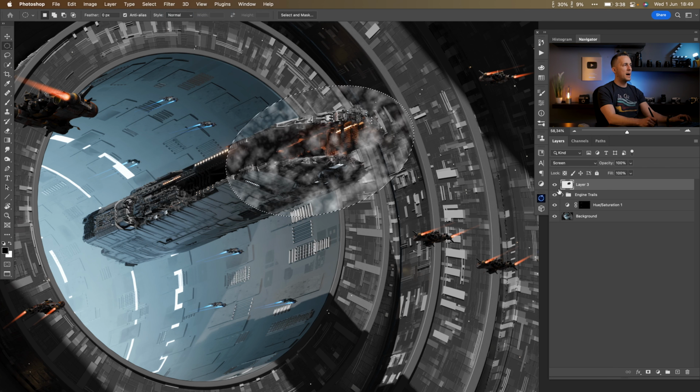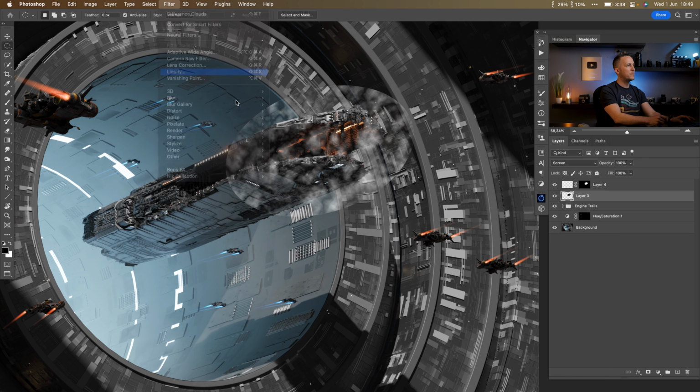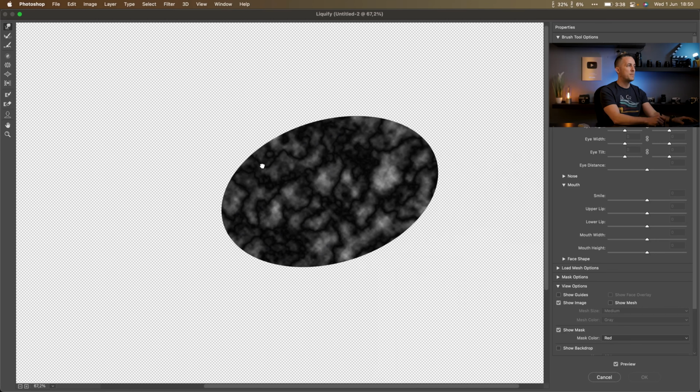And what I want to do now is save this selection. So I will create a new layer and just save this selection as a mask, create a layer mask, and that's it. Maybe I will need it later, so I want to have this just for this purpose. Okay, so I will go right here, and what I want to do is go to Filter and Liquify. And again, if you're not familiar with Liquify, I have a full tutorial on that on a link right there. Go check it out because this is an amazing